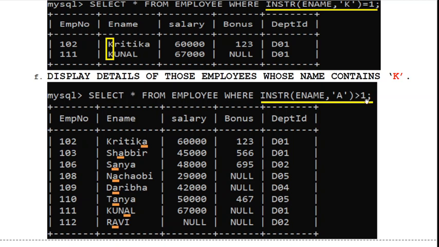Greater than 1 means not at the first place. So A is at the last, in the third place, second place, this way.